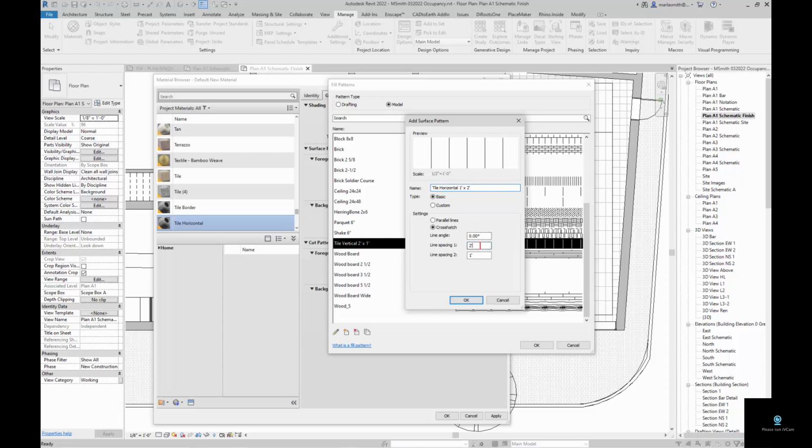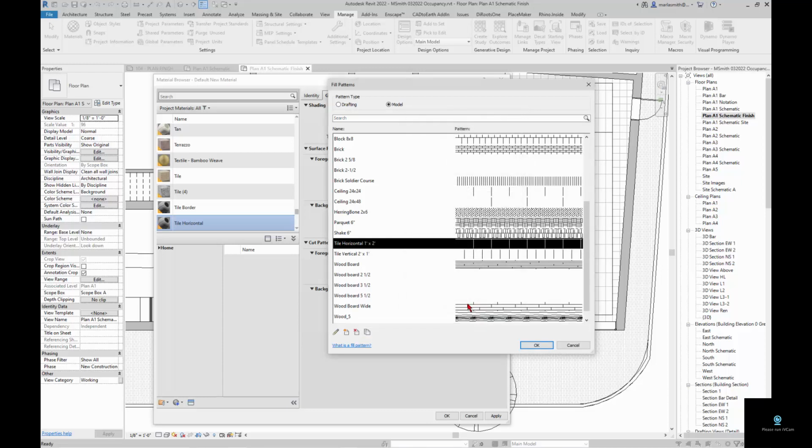Okay, and then we'll set this guy to 1 foot and this guy to 2 foot. It would help if they had width and height, or X and Y, but so I'll just click OK there,